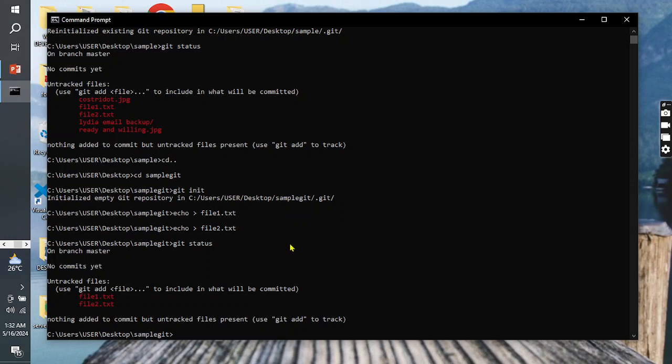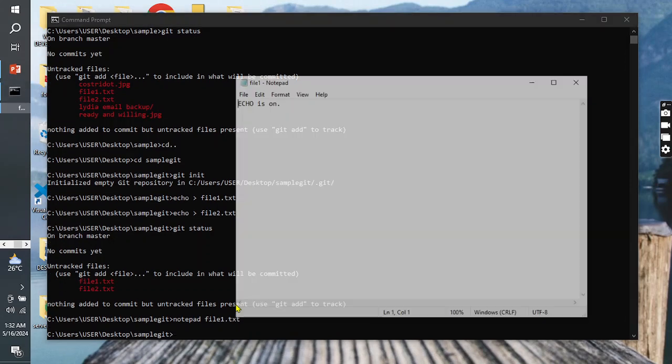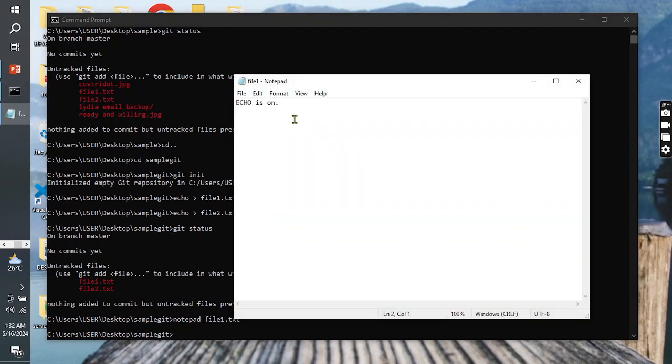So for this I'll just be using notepad, notepad file1.txt. I'll simply add: this is a file 1 for git. Okay, I save it